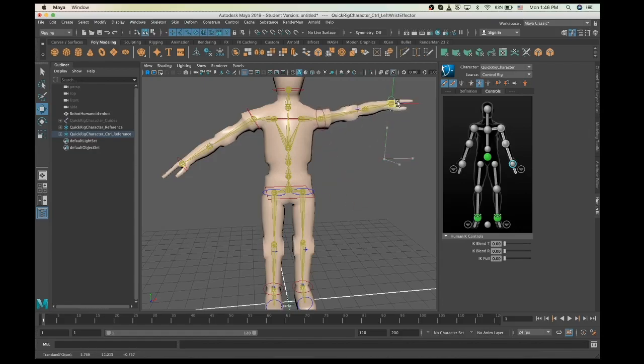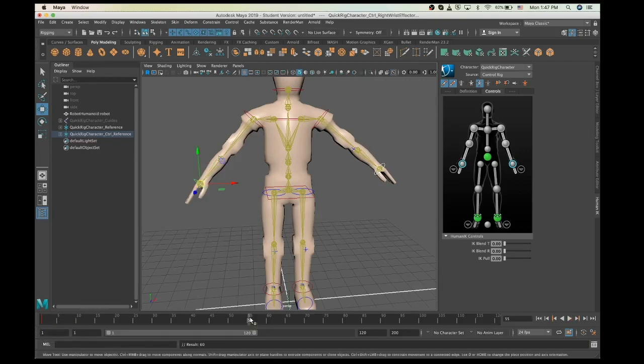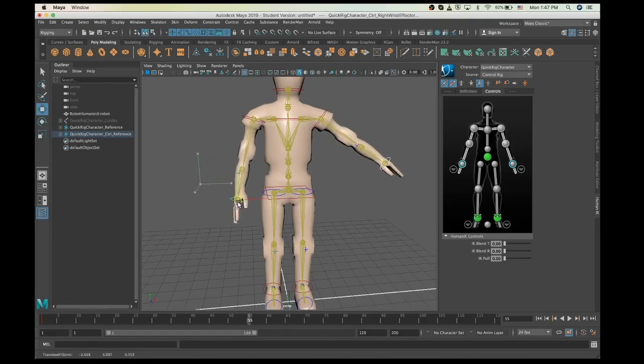So now you can see I can easily grab that control and make changes and move my character. Right now, for example, if I select this one and hold shift and select this one, both, I think now I selected both of them, and now you can see that I move my character. And if I press S and then I come here at frame 50 and make some random movement,